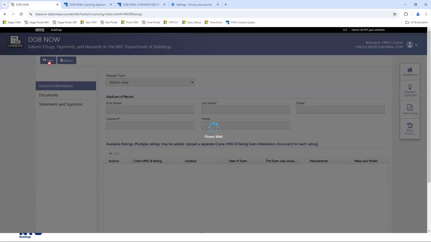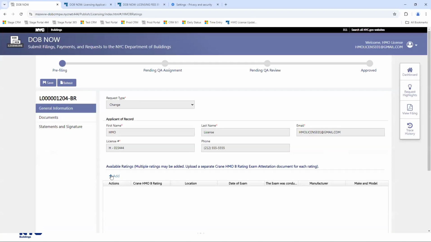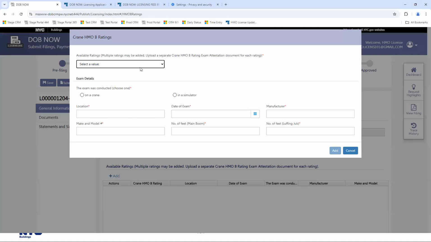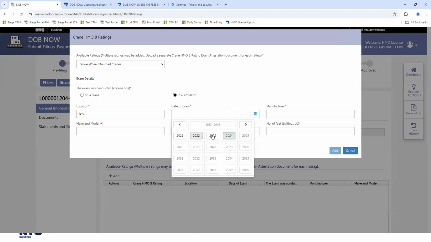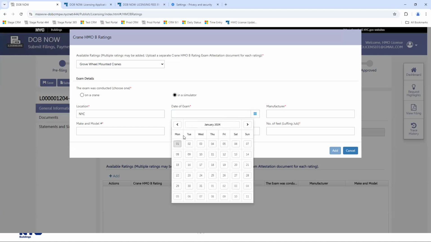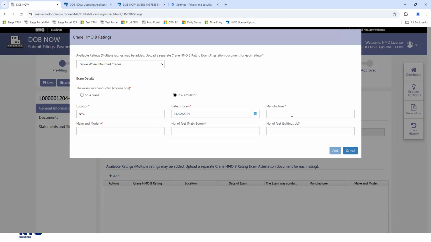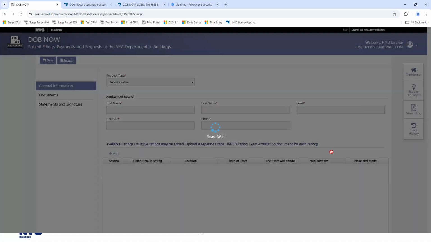So I need to click save. And then I'll click plus add. Choose the rating that I want to do. Enter all of the information. Click add.